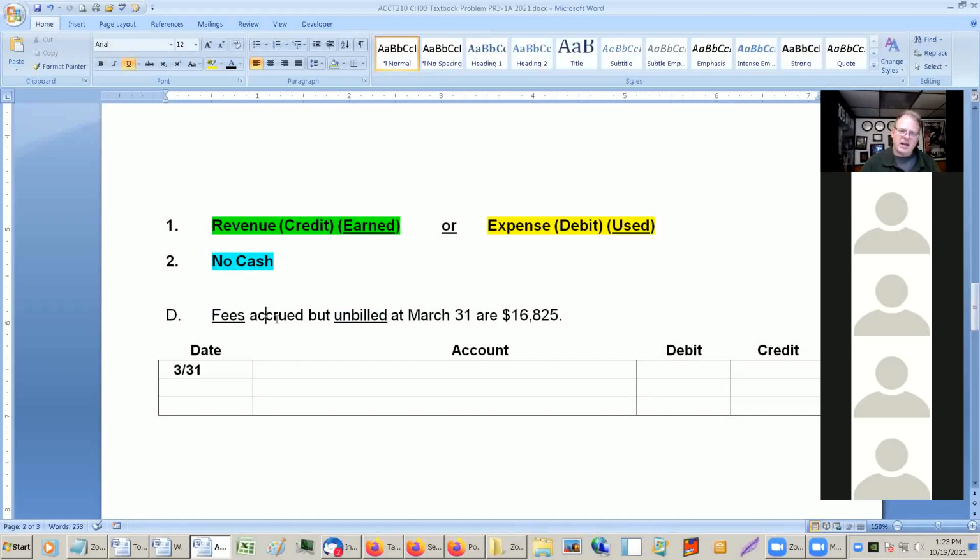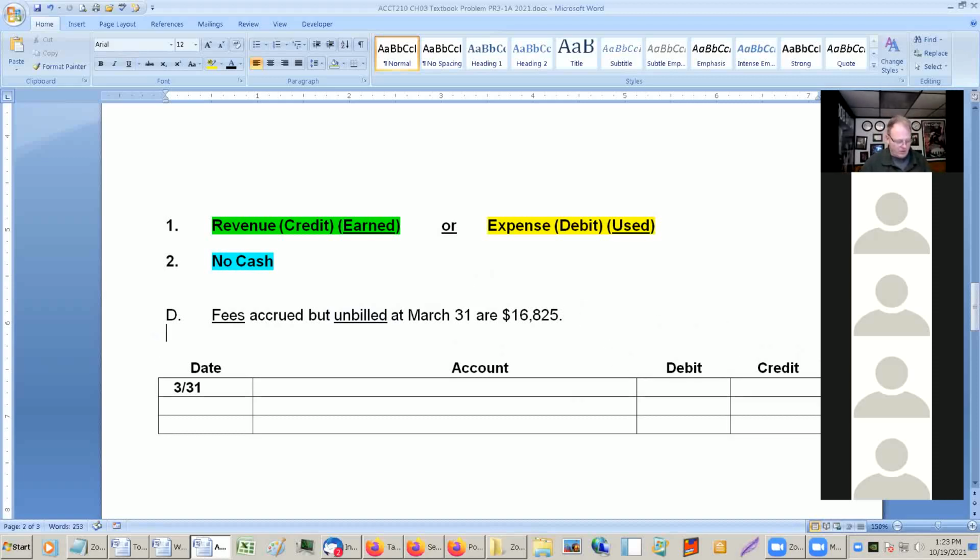You look at the fees, you probably say, yeah, that looks like it is, but actually this is going to be a revenue. Unbilled means that we are billing somebody else. And I know that's not a very straightforward